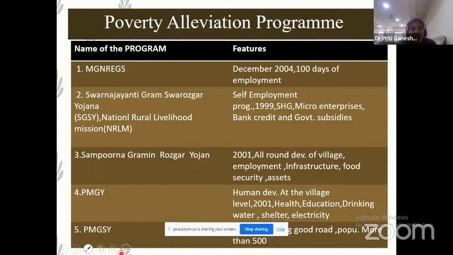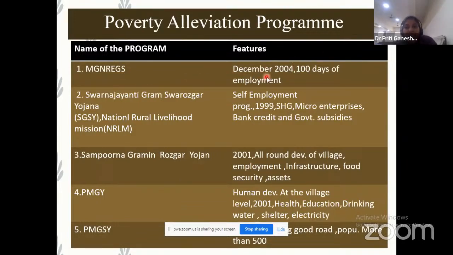Explain the poverty alleviation program, meaning which programs the government brought to remove poverty. Here I have written some highlighted programs, which is mandatory that you write. Again I am telling you, in this answer you have to write the name of the program, highlight it, underline it. Now, what is the main area you have to cover under this question. For example, the most important program to reduce poverty currently, the newly started program, the Mahatma Gandhi National Rural Employment Guarantee Scheme. When it was started, the bullet points I have given you, that you have to cover.